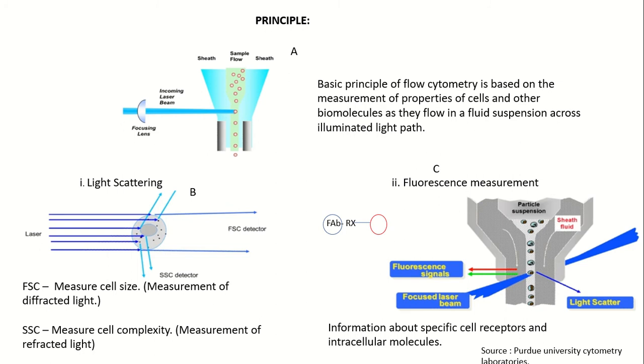That upon excitation it will emit a particular wavelength corresponding to that fluorophore, and that would be detected by the fluorophore detector. That fluorophore detection can also be measured by placing a detector at 90 degrees, because side scattering and fluorophore detection take place at more or less 90 degrees to the original path of the laser beam. So we can see this way for the fluorescence signal, this way for the side scattering, and this way for the forward scattering. These three parameters tell about the physical properties related to the size and the granules of the cell,